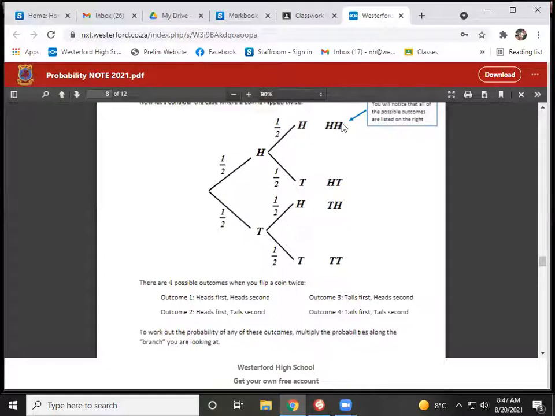Then at the end, we need to list our final outcomes. So you have a possible outcome of getting 2 heads. And remember, we follow the branches leading up to that. So heads, heads. Or the first one can land on heads and the second one on tails. So that's the second possible outcome. Or the first one can land on tails, second one on heads. That's the third possible outcome. Or in both flips, they can land on tails. So you always list your final outcomes like that.